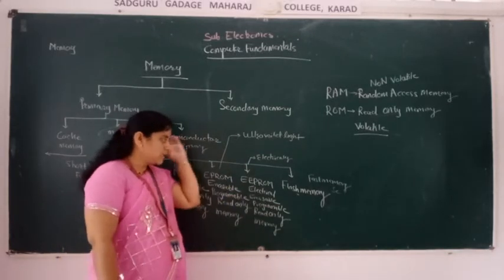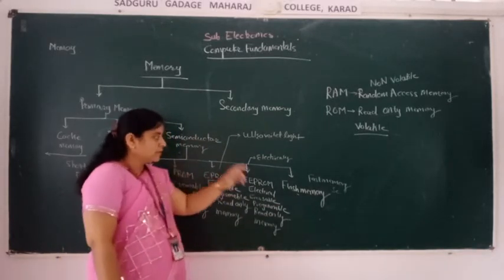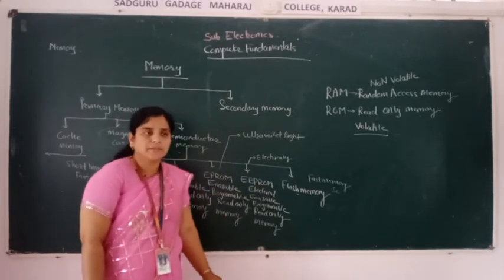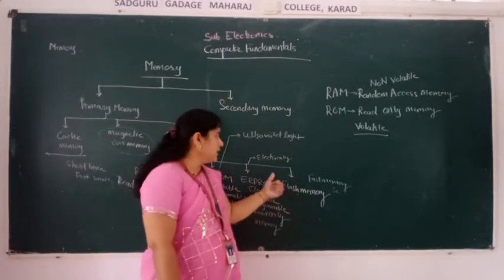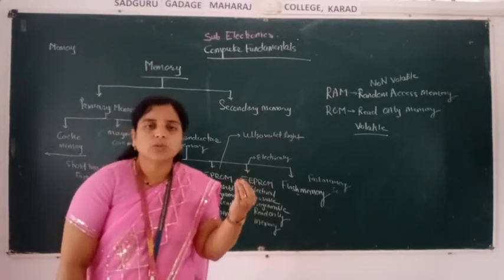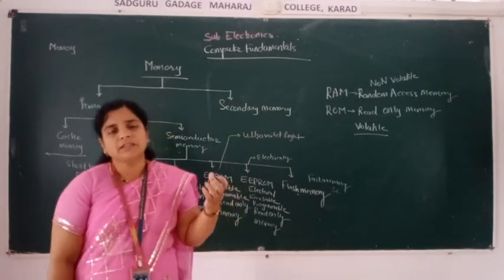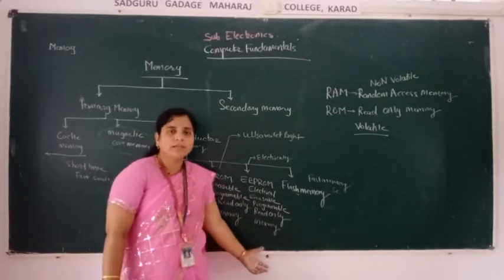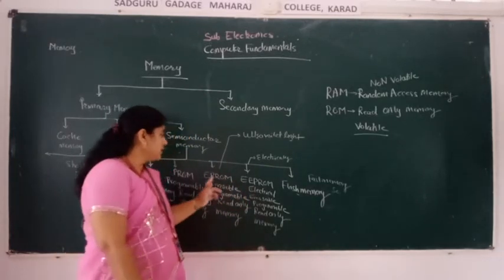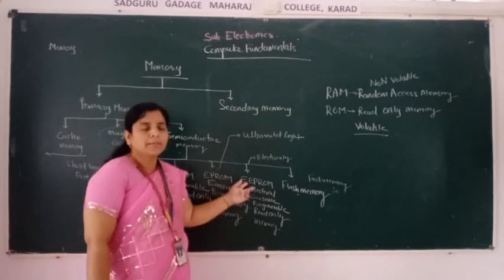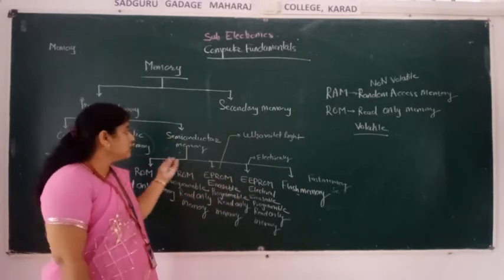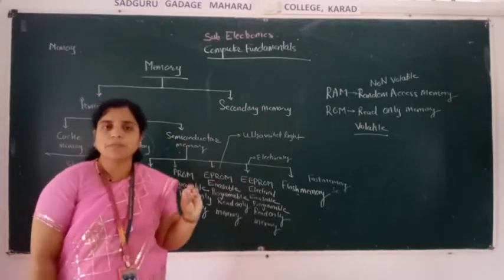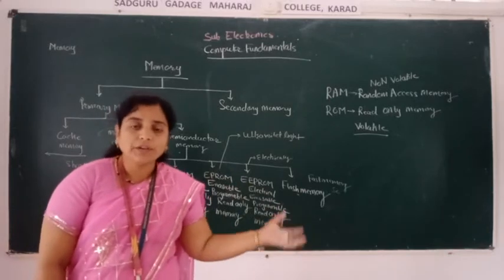Okay, so last is the flash memory. Flash memory is a very fast memory. It does not require any erasing, so within a fraction of a second it will change the data as you want. But one main thing: if you are erasing and programming the memory again, how is it possible in ROM? Because in ROM you cannot write. Then how can you program?